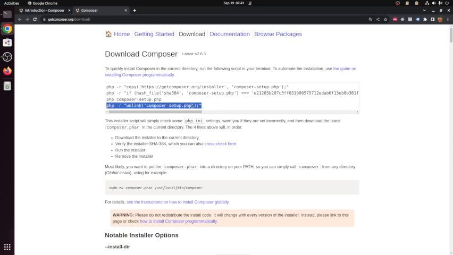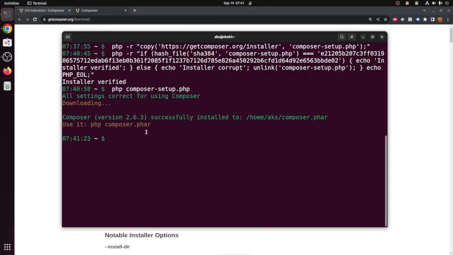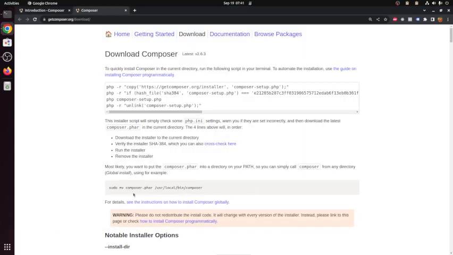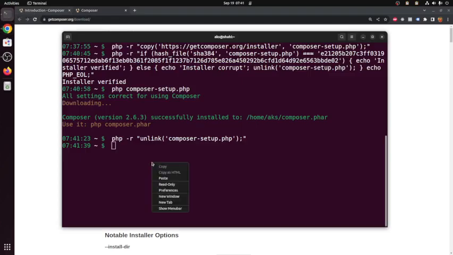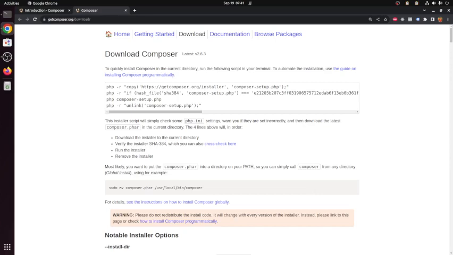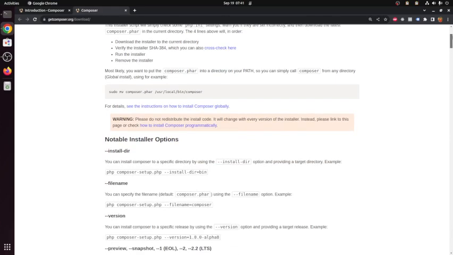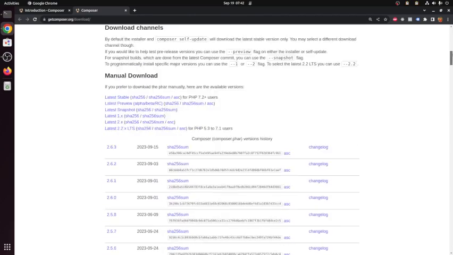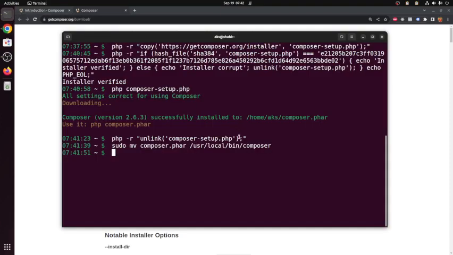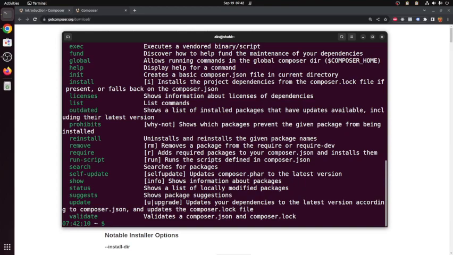And then you want to unlink it. Okay, unlinked. I want to move it. Done. And what else? Make sure you already have PHP installed. I already have. Notable installation options, download channel. Now if I go ahead and check if Composer is available, it is. Okay,